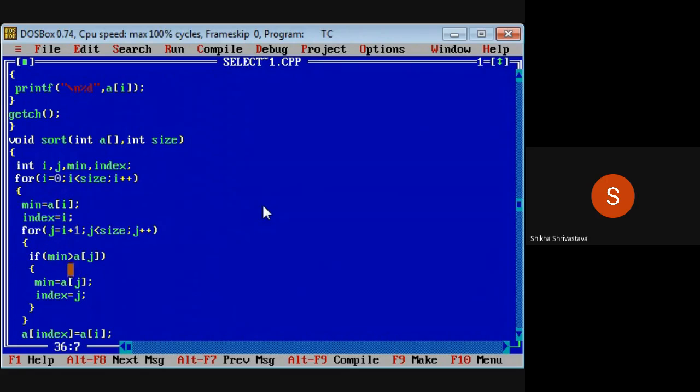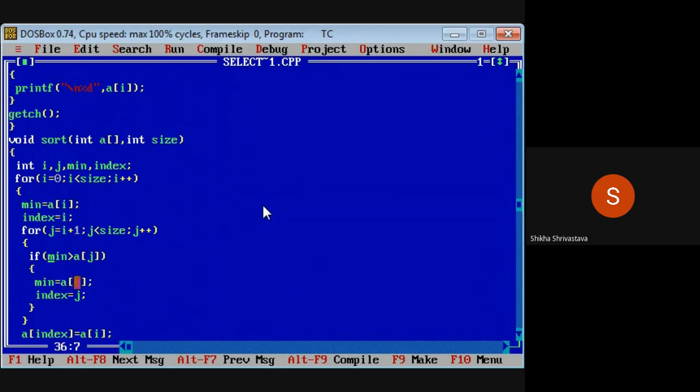We are comparing the minimum, that is the first element, and the second element of the array. If the first element is greater than the second element, then we are going to change the value of minimum.